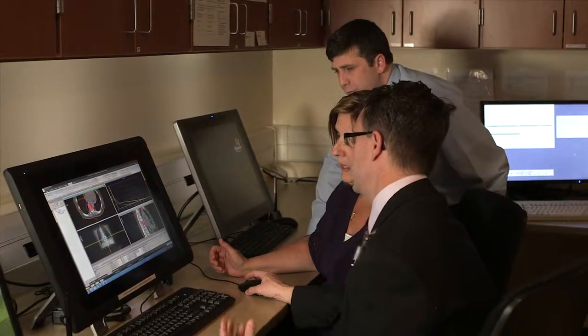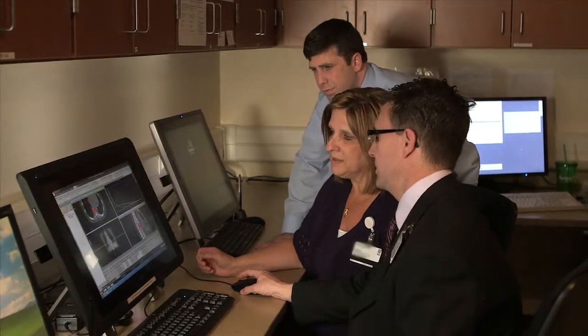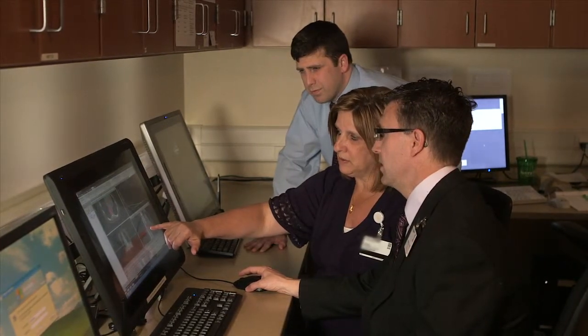After your consultation visit, your physician needs to verify the exact size, shape, and location of your tumor so that your precise radiation treatment can be planned. After a patient is seen in consultation, if it's been determined that he or she would benefit from radiation therapy, the first step is what we call a CT simulation. That's where we send the patient to our CAT scan machine and obtain a mapping scan, basically a CAT scan through the area of interest where the tumor lies. That information then gets transferred to the treatment planning computer,